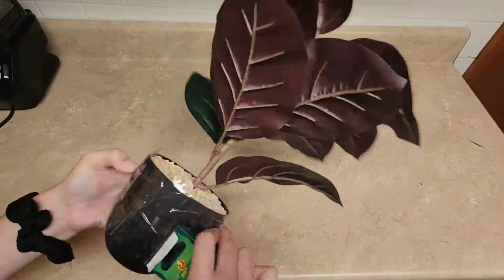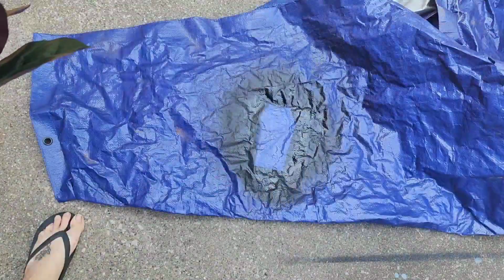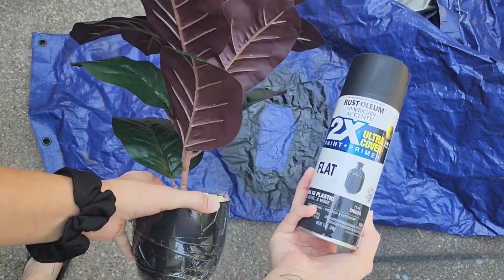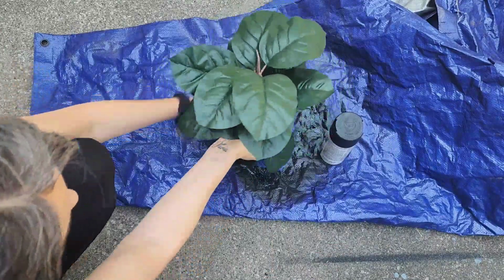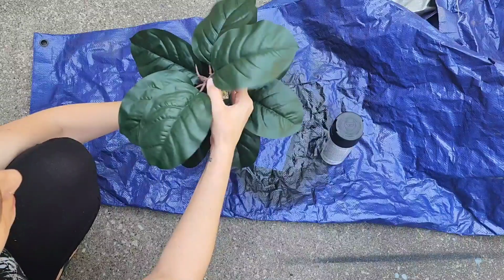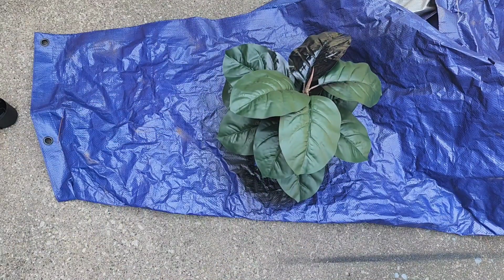I purchased this from Dollar Tree Plus. It was $5, and I'm just taping off the bottom of the pot because the pot is already black and doesn't need any spray paint. So again, I'm taking my Rust-Oleum flat black spray paint and I'm just doing very, very light coats on